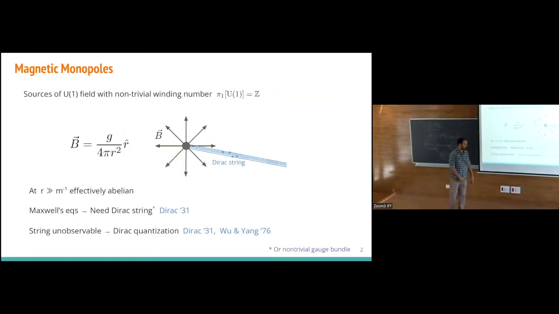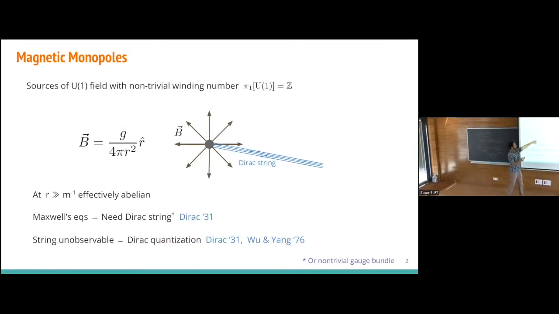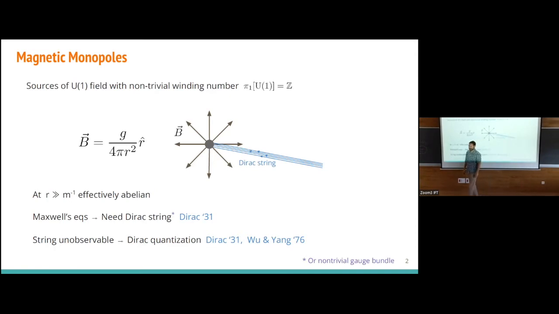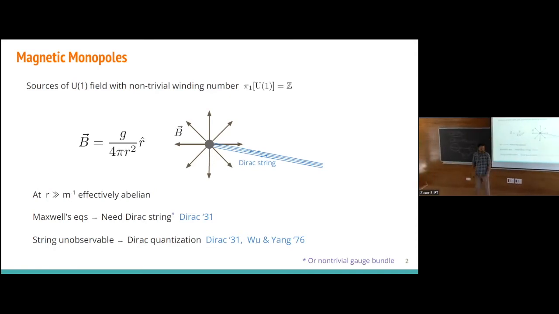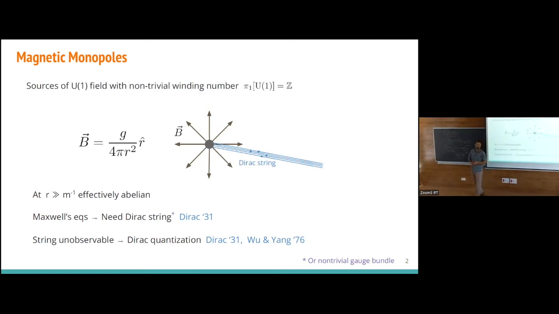And I'll start by reminding you what I mean by a monopole, specifically a Dirac monopole. So again, this is just a point-like magnetic charge. And we know from Maxwell's equations that monopoles are forbidden. So what Dirac taught us in the early 20th century is that you could actually have a monopole solution in electrodynamics, but the price to pay is that there's a Dirac string, which is like a semi-infinite solenoid connected to the monopole. Now, for this to actually be a monopole solution, this Dirac string would have to be a gauge artifact, something that cannot be detectable by any experiment.